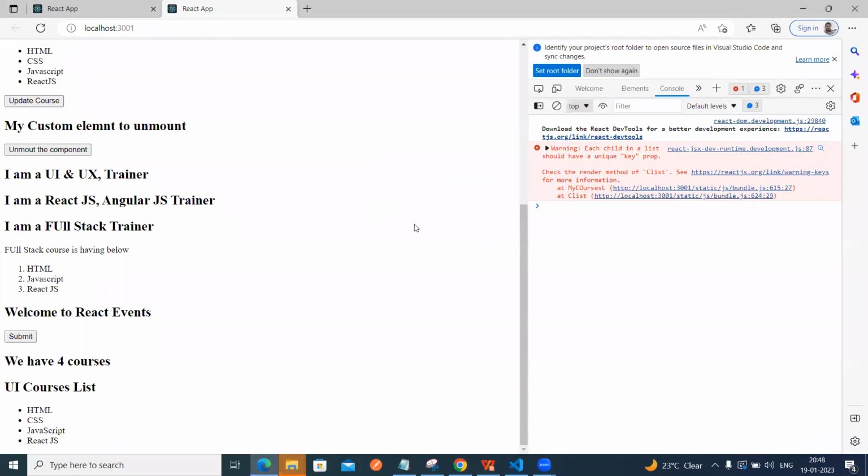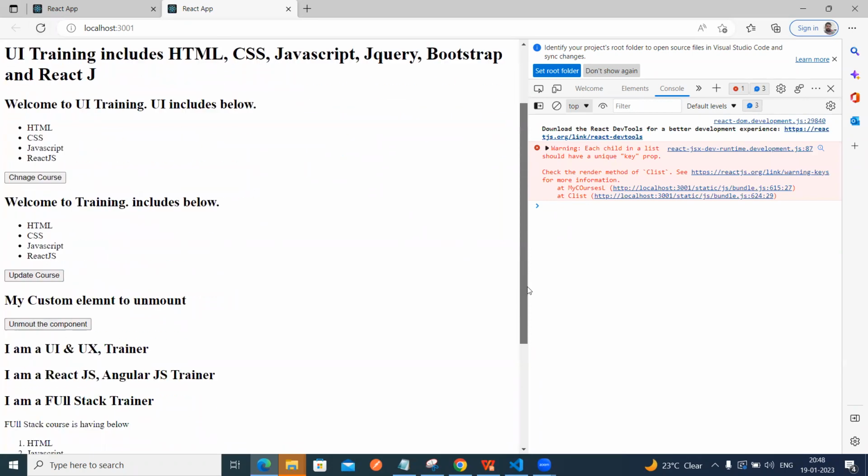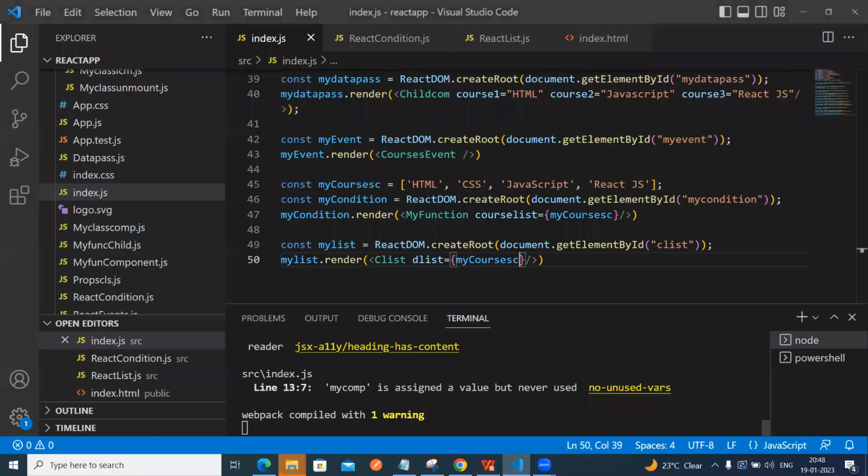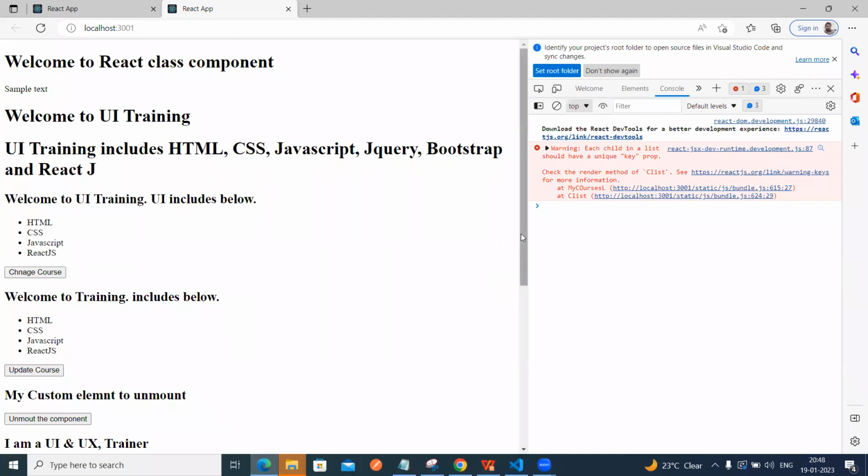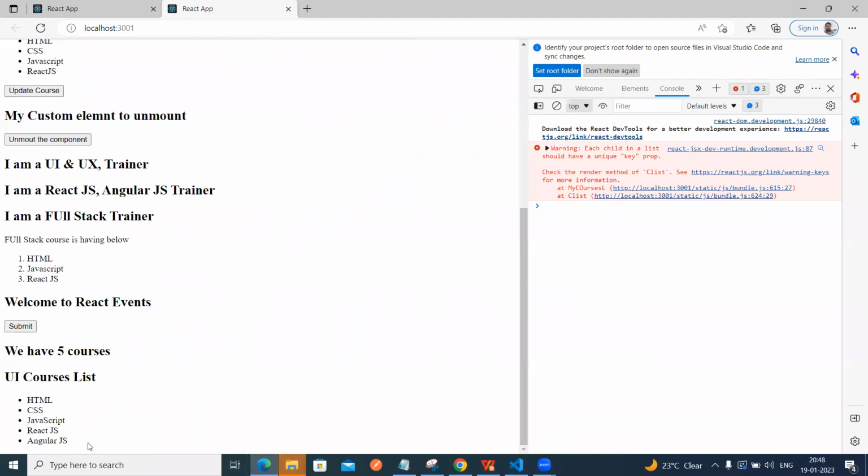Now you can see HTML, CSS, JavaScript, and React.js. If we include AngularJS also, then we can get AngularJS. Now you can see AngularJS. So this way we can get the list. Okay, so then the next one is,